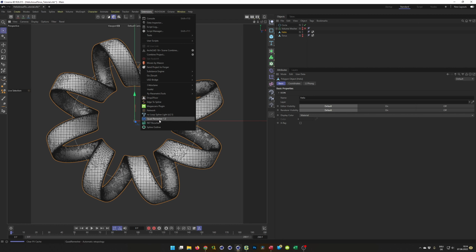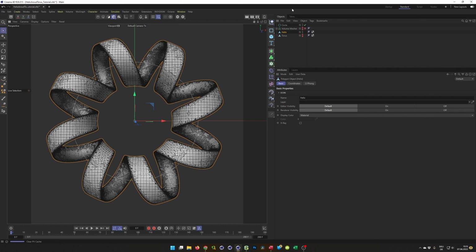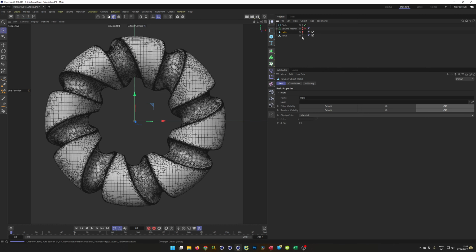I heard somewhere that the same guys who programmed the quad remesher programmed this, but I'm not sure, because as I said, most of the times the quad remesher works better for me. But in this case we can try, of course, the torus. Let's start with the torus here